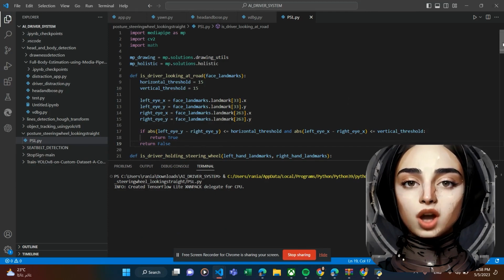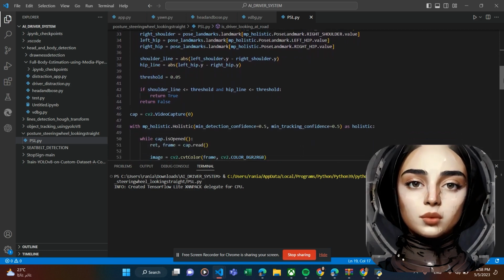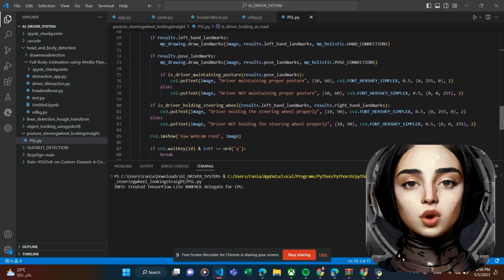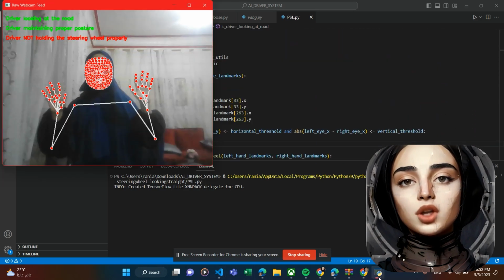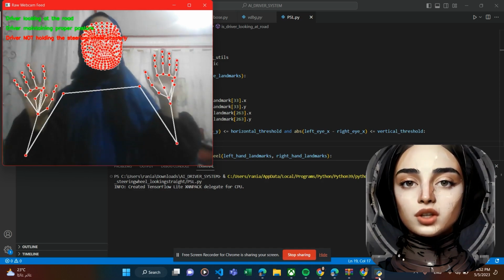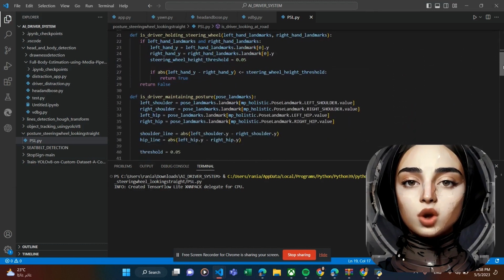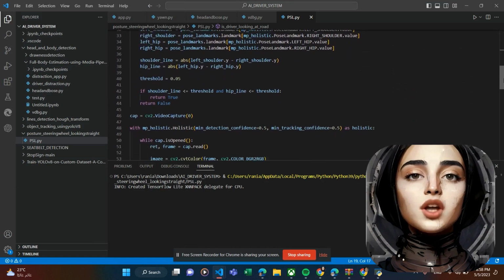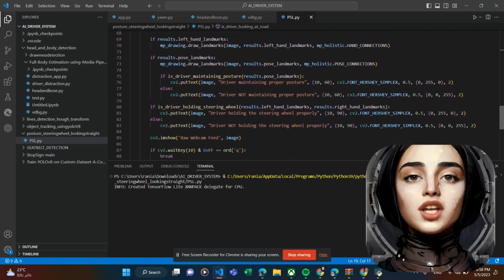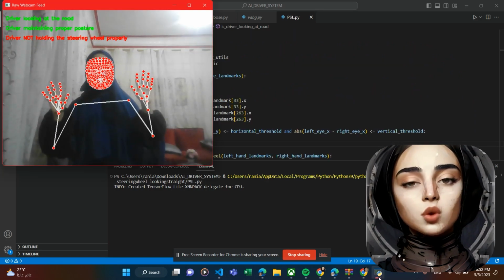function can detect if the driver is not maintaining proper posture, which can lead to reduced reaction time and impaired control of the vehicle. By integrating these functions into an AI driver safety system, the system can monitor the driver's behavior in real time and provide warnings or alerts if unsafe behavior is detected. This can help prevent accidents caused by distracted, fatigued, or impaired driving, ultimately making the roads safer for everyone. Additionally, the data collected by the system can be used to improve driver training programs and inform the development of